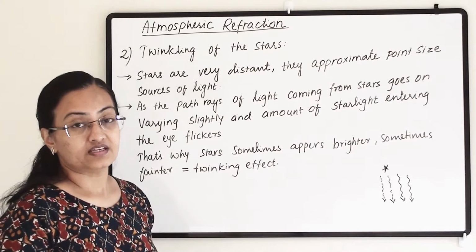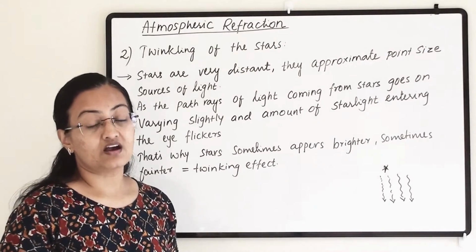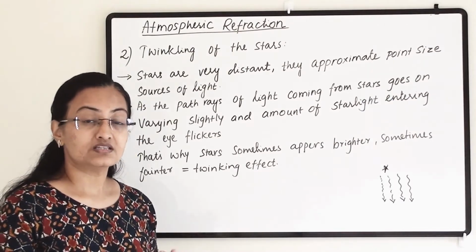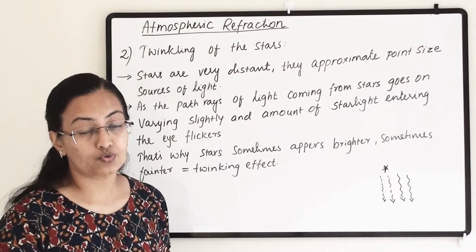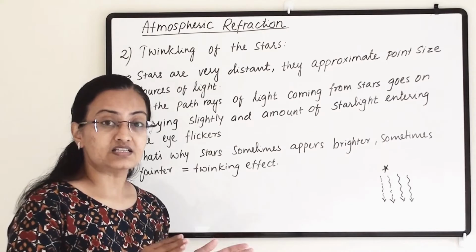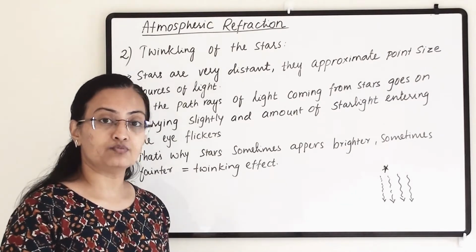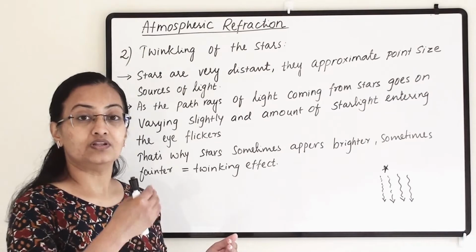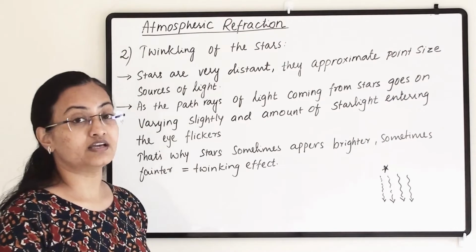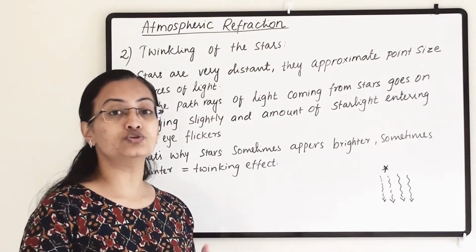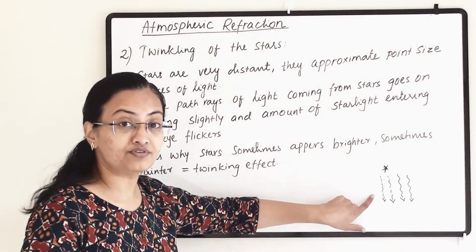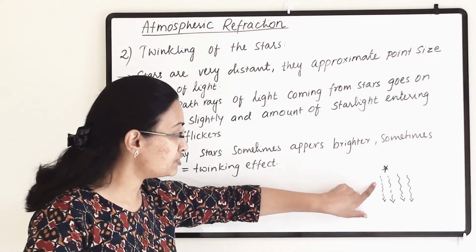Our second phenomenon is the twinkling of the stars. We know that stars are distant objects. They are very far from us. So for us, stars are a point-size source of light. When these light beams enter the Earth's atmosphere, they pass through layers and layers of the atmospheric region. And we know that the Earth's atmosphere is not stationary, it is continuously changing. Because of that, the light passes through all the different regions, and so it will show us this kind